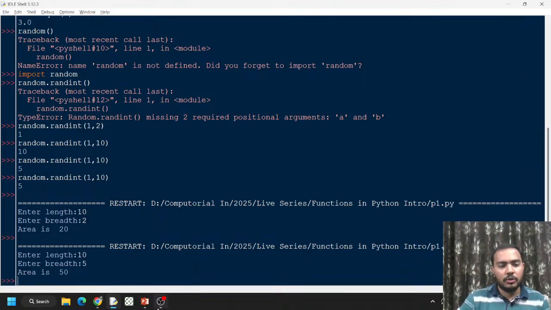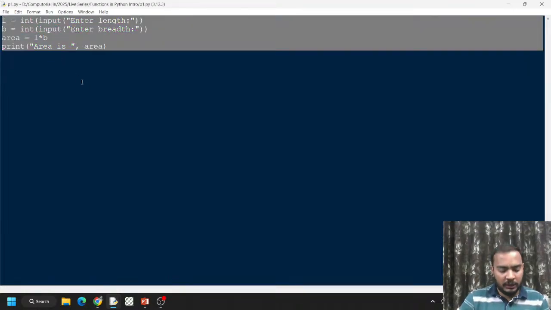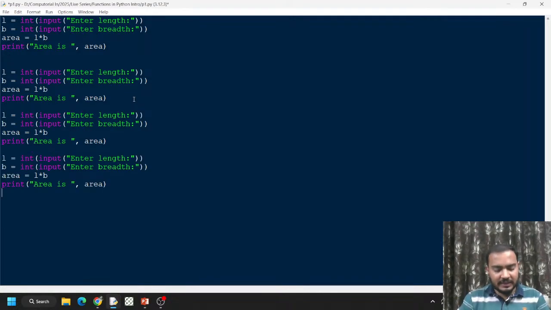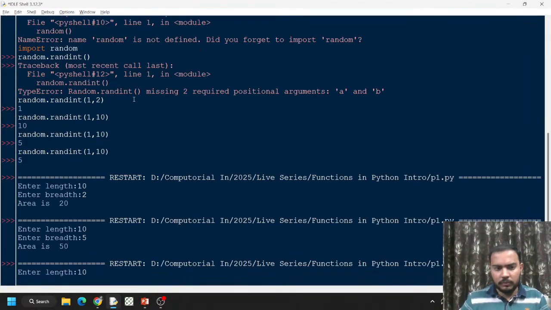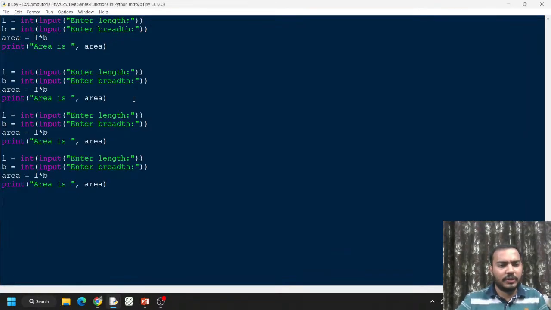Okay, so I am executing the same program 10 times, right? Or the second approach was, if I write the same logic 10 times like this, let's assume. Okay,